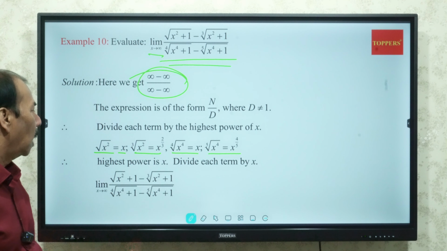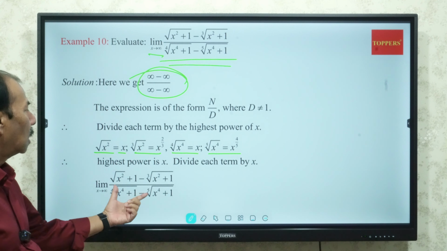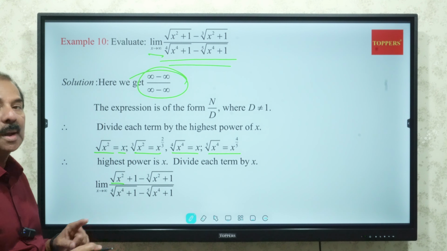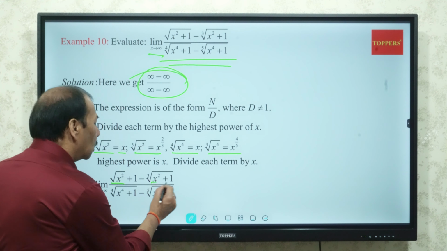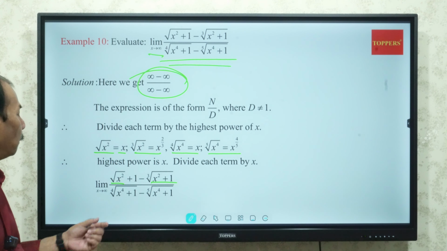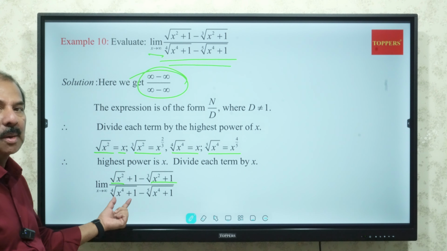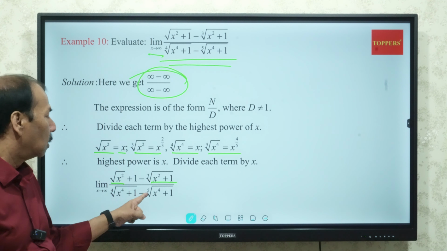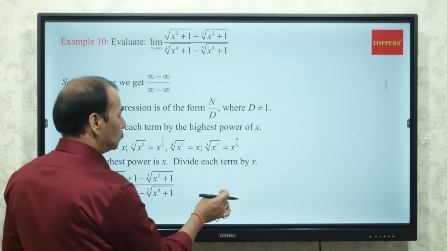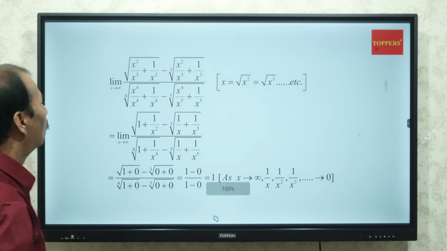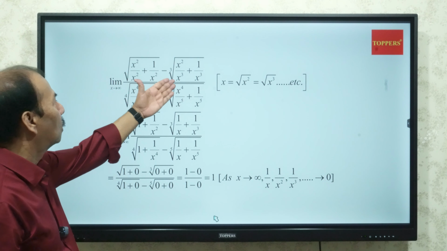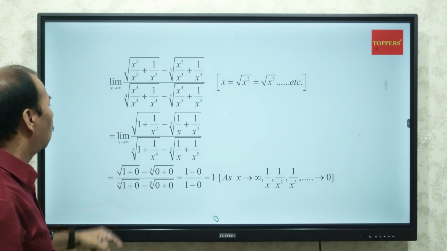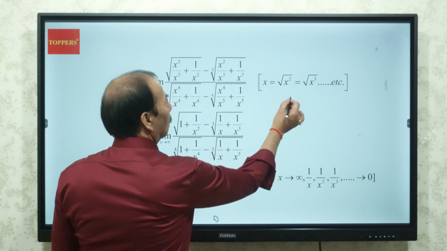x to the power 1, that means x. So we will divide the numerator and denominator by this x. Again when that x goes under the square root sign, it will be taken as x square. When it goes under the cube root sign, it will be taken as x cube. Under the fourth root, that will be how much? x to the power 4. Here it will be x to the power 5. So here you can see x square, here cube root x cube, fourth root x power 5, fifth root x power 5. Again dividing all that and